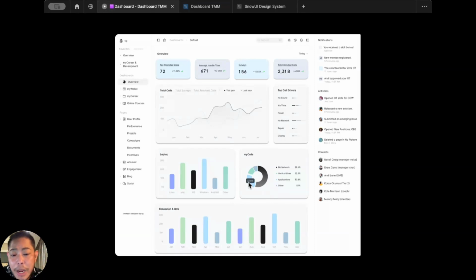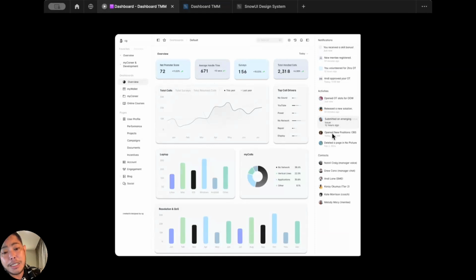Typically, I want to measure this because we want to measure the averages of calls and what our average handle time should really be. And then you'll see the usual other information such as your QoS and your CSR score over the course of 12 months if you want. Aside from that, on the right side, you'll see your notifications, activities,